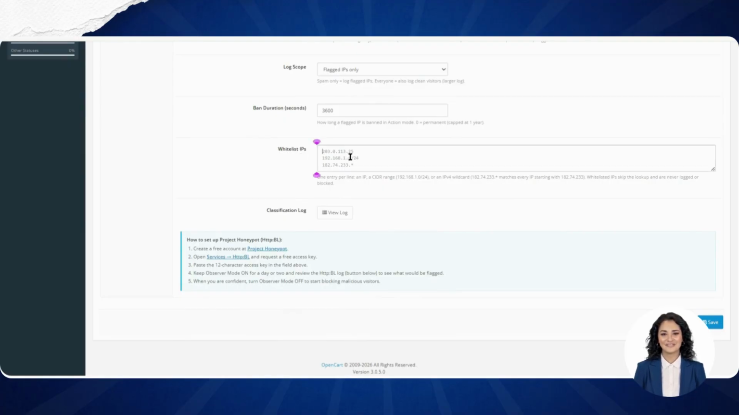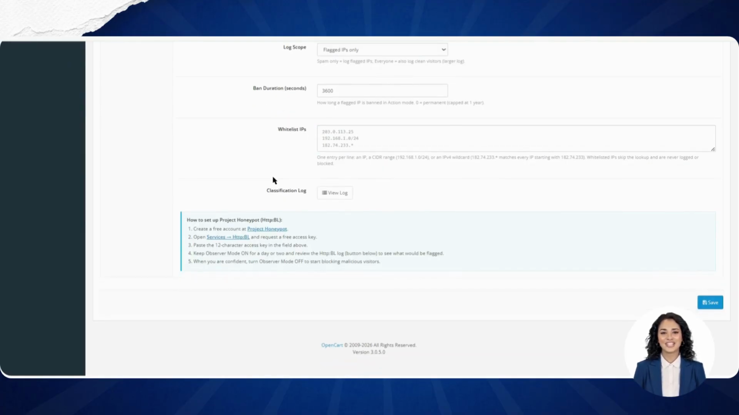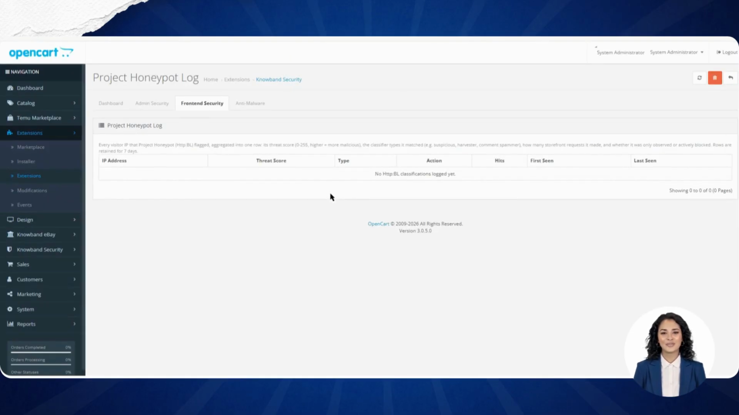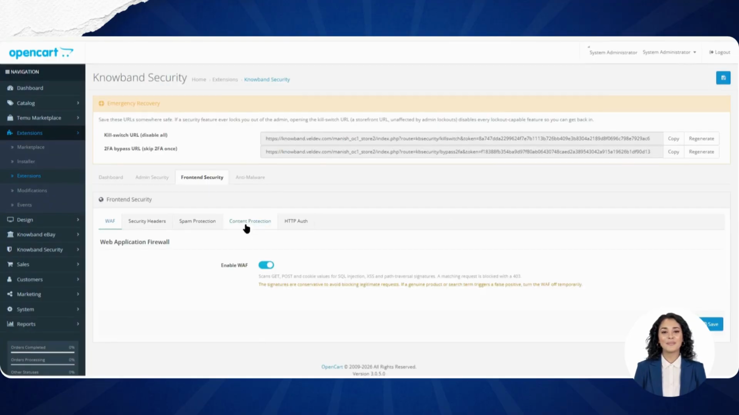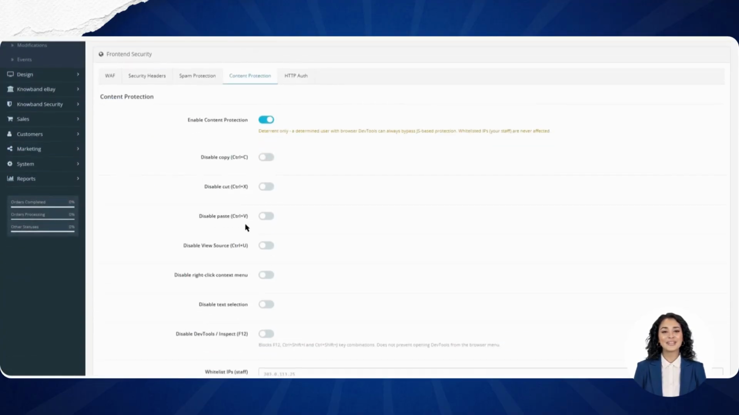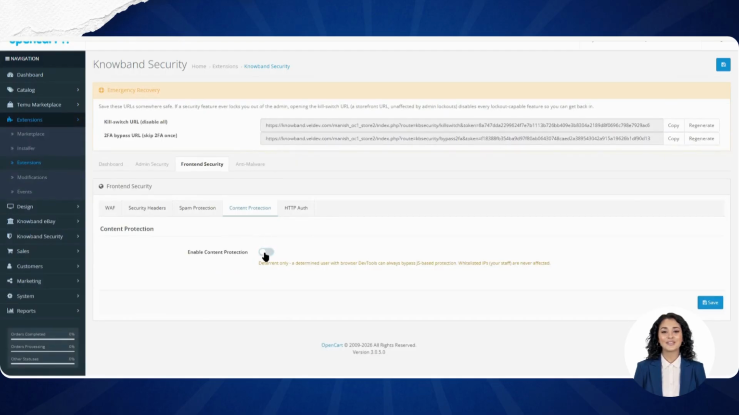Next up is the classification log. On clicking classification log, you will be able to see all the logs, but there is no record yet, so the table is blank right now. Moving back in the front-end security, next up is the content protection. Here, you can enable or disable the setting from this toggle,